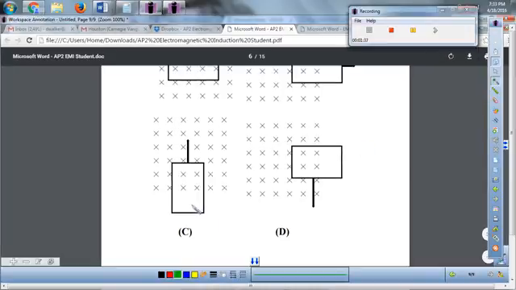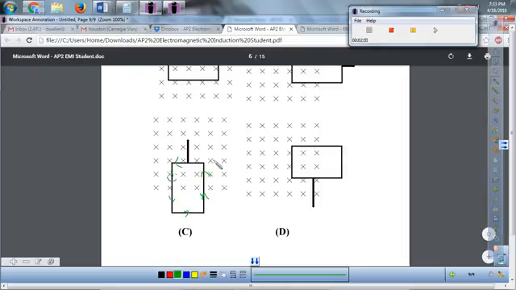So for this one, it's going to be increasing as we pull it toward the top of the page. It's increasing into the page because that's what those X's are. So I'm going to use my right-hand rule. I'm going to point my thumb out of the page because if it's increasing, I want it to decrease out of the page. I want to offset that change. So if I do that correctly, it's going to flow in that direction,